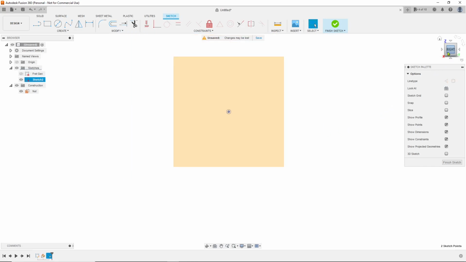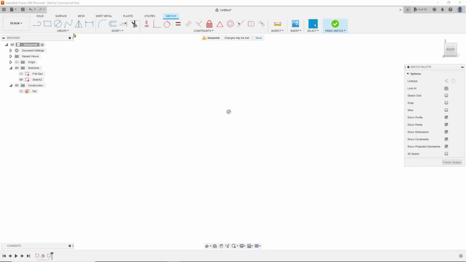But I don't want it to move. I want it to be stuck on that first sketch, in case I change something on the first sketch, so the rest of my sketches will follow along with it as it's supposed to. Okay, I'm going to look straight on from the right side on this. Now the first thing I want to do is hide this nut plane so I'm not seeing that. Now I want to draw my